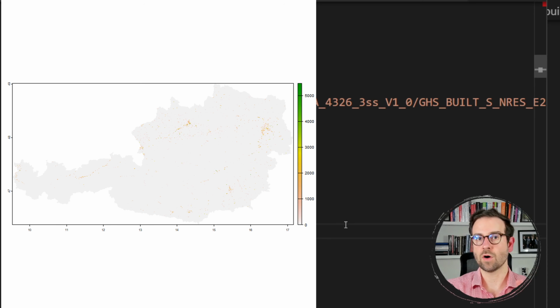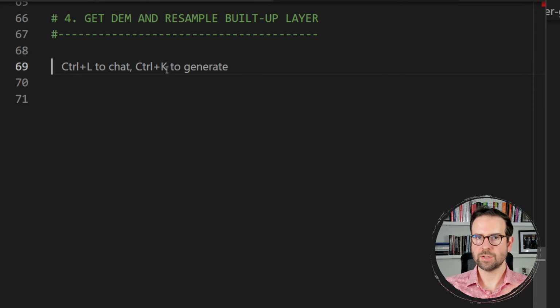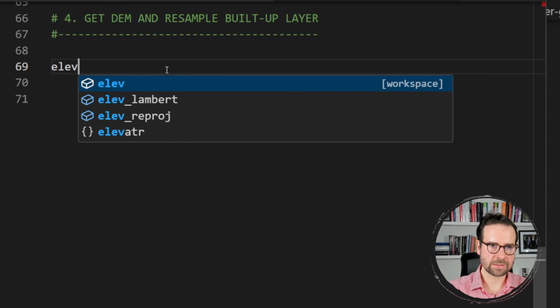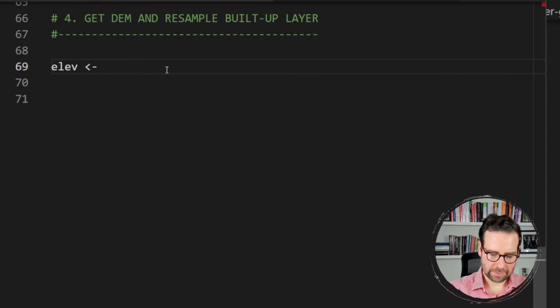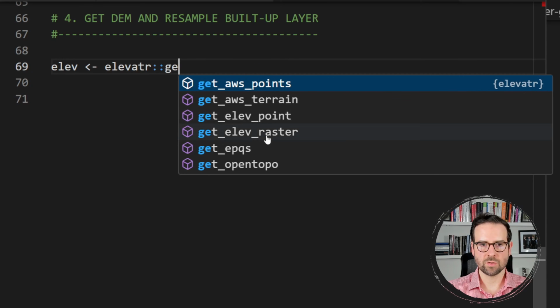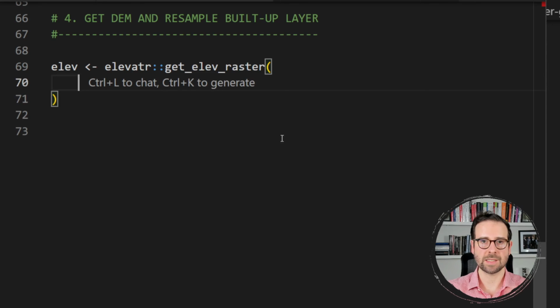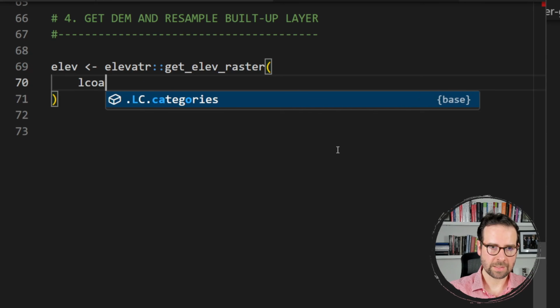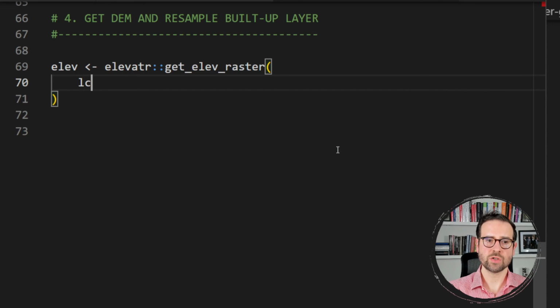the borders of Austria. In this section, we will be fetching the digital elevation model, and then we'll be using it to resample our built-up layer in order for both layers to fit once we get to the rayshader part. So the first thing we will do here is create an object called ele, and then we can use the elevatr package, and from elevatr we can use get_elev_raster, which is going to help us get the digital elevation model. Now, because we want only the digital elevation model for Austria and the borders of Austria,